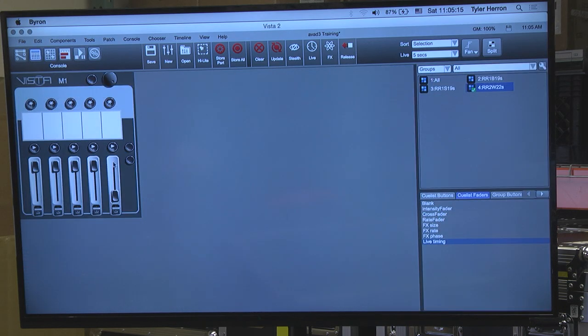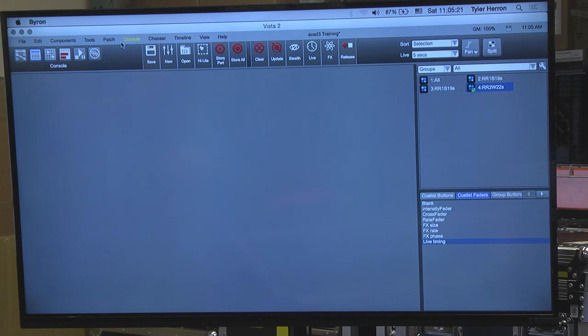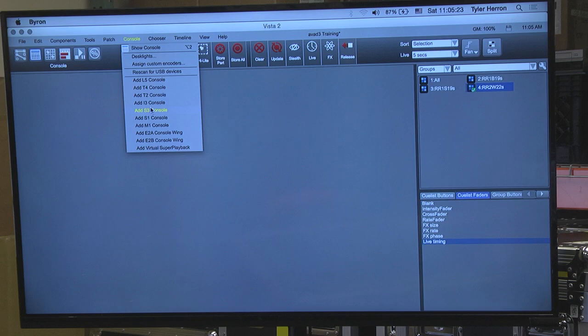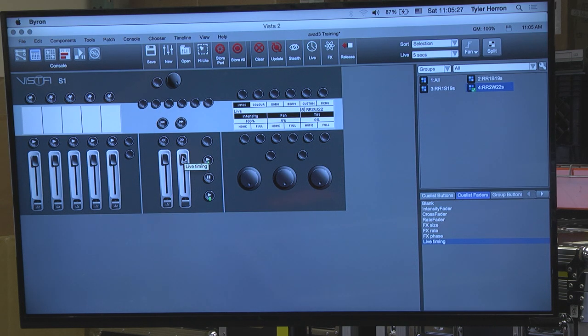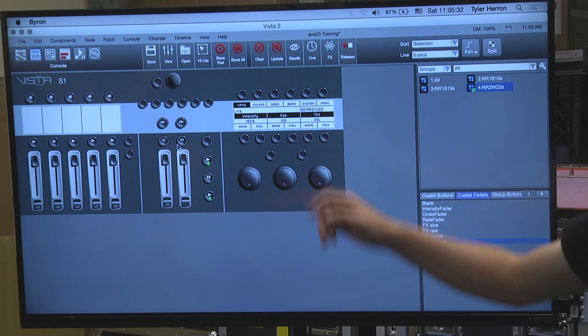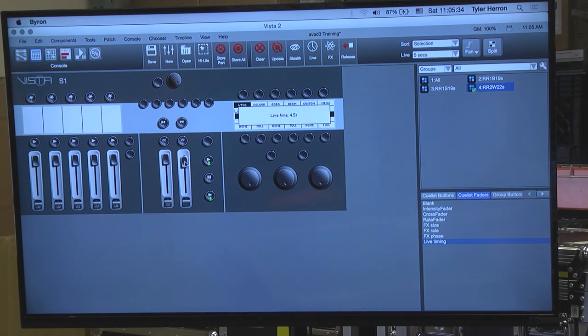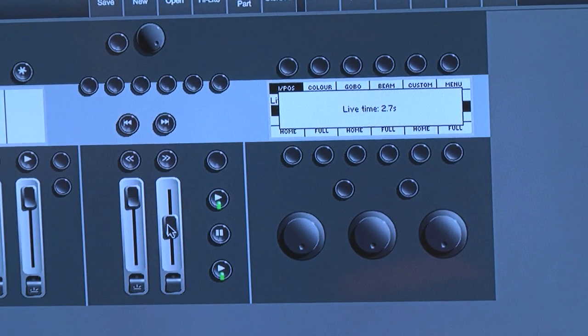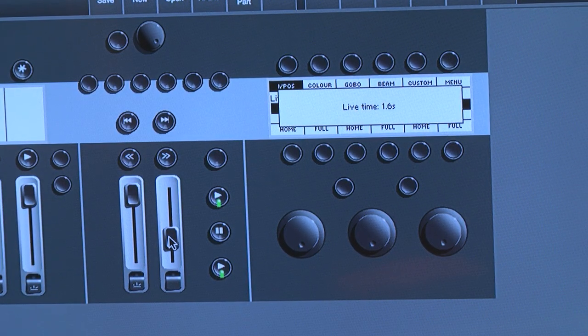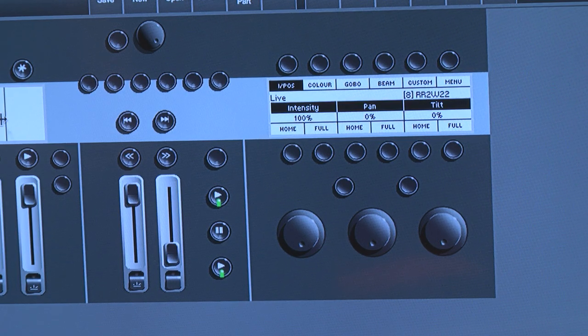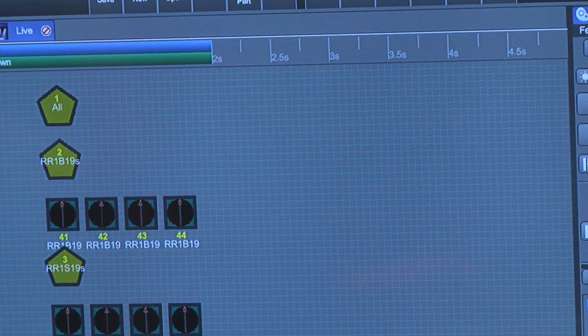Yeah, I don't think it's working the way I want it to. I think you have to have something in there, which is silly. But on the S1, S3, or anything other than M1, this fader right here actually defaults to live timing, and you can see right there it'll say what your live timing is. I don't think it works on the M1. But if I drag that down to 0, now anything I do will snap to 0